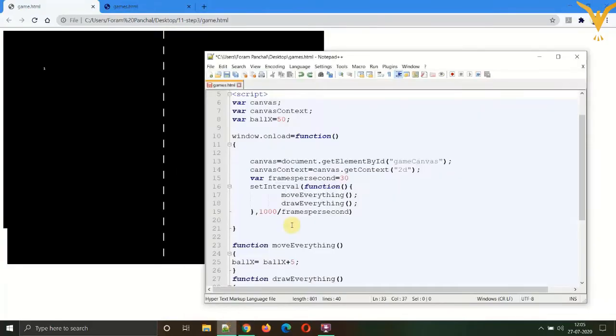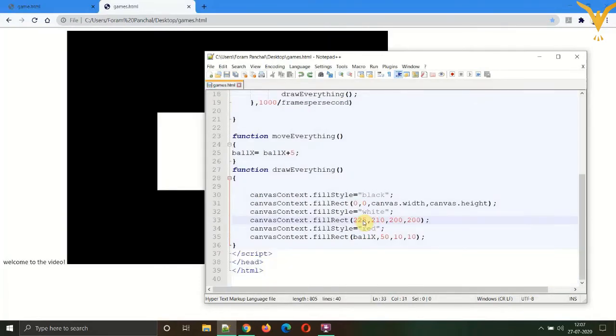First of all, let's shape our paddle. Let's convert this white square into a paddle. For that we need to start our paddle from the extreme left, which is 0. So we'll put x coordinate as 0, the y coordinate as 100. Let the width of the paddle be less because it should be a thin vertical rectangle, and let's change the height from 200 to 100 because the more lengthy it will be, the easier it will be to play. So let's save and refresh. Okay, so this is somewhat like a paddle and it's pretty good.